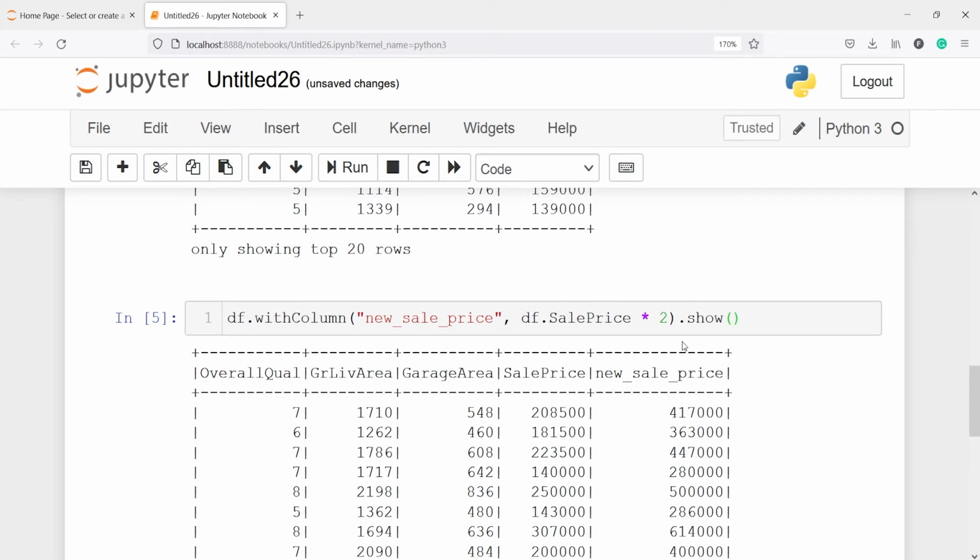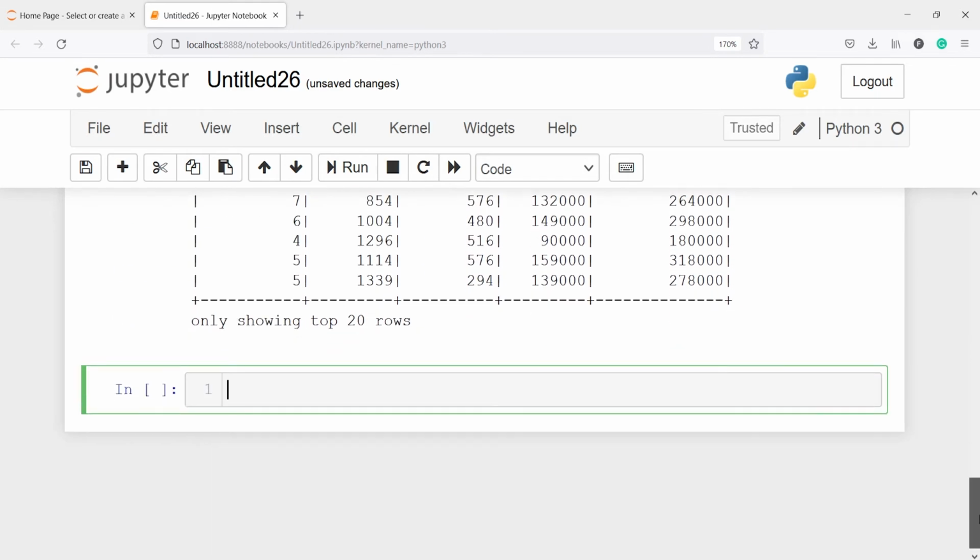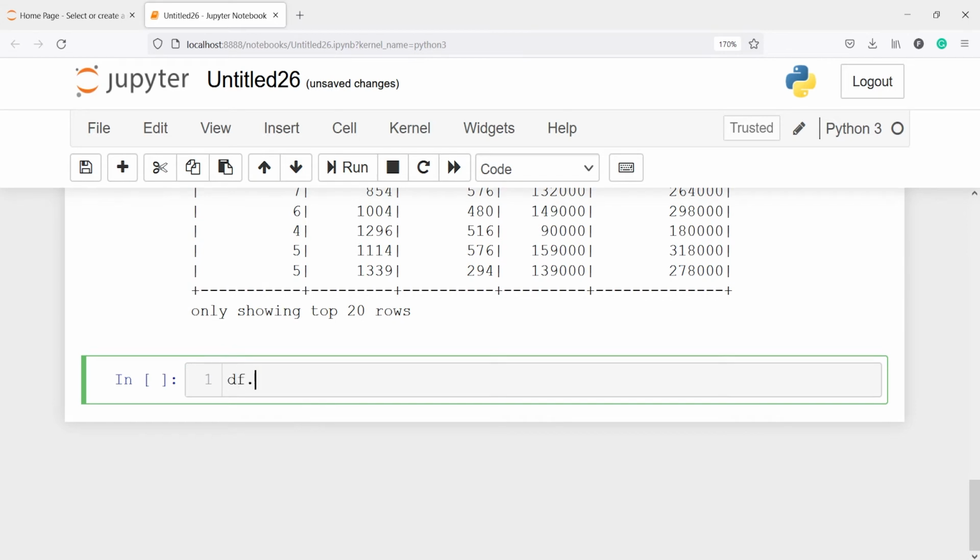We can also divide the sale price by 2 and create a new column. Let's say I will write df.withColumn, and this new column name will be divide sale price. I'm giving any random column name, and this will be df.sale price divided by 2, and then we will look at the result using the method show.